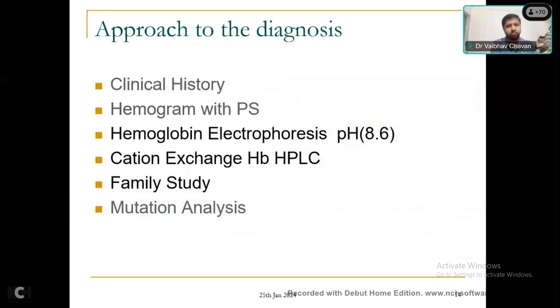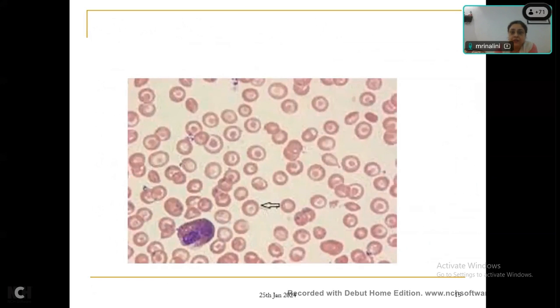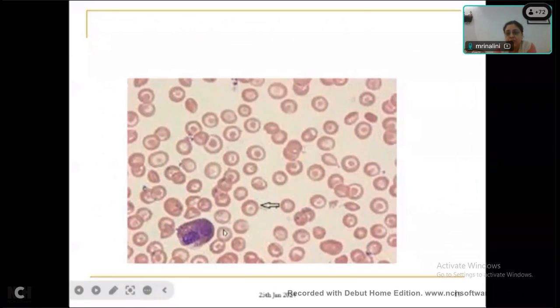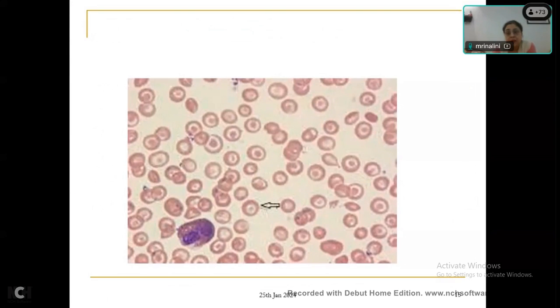So with this background of clinical history and hemogram, we should go ahead and interpret hemoglobin electrophoresis and HPLC. This is very characteristic beta thalassemia trait, in which you see microcytic hypochromic cells, and there are a large number of target cells and very minimal poikilocytosis. So this is a very nice feature to pick up and distinguish beta thalassemia trait from iron deficiency anemia